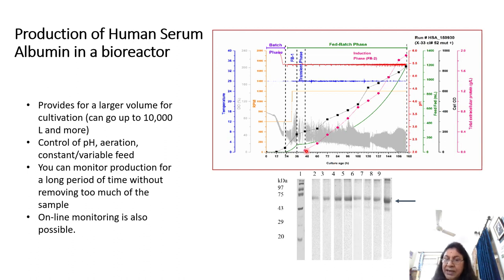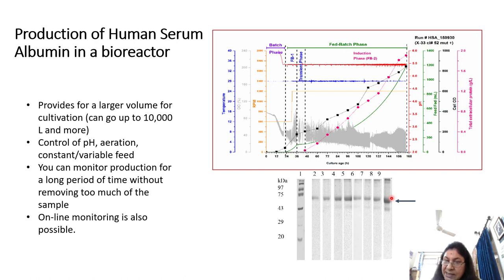So as soon as methanol is introduced into the bioreactor, immediately you start to see that human serum albumin is being made. Okay, so this pink line here represents an increase in the total extracellular protein. All right, now what is important here is, how do we really know whether human serum albumin is being made or not? The sample removed at this point of time is going to be loaded onto a gel, and the results are shown in this gel picture here. The solid black band which you see on this gel is telling us that human serum albumin, which has a molecular weight of 66 kilodalton, is being produced in the culture filtrate.